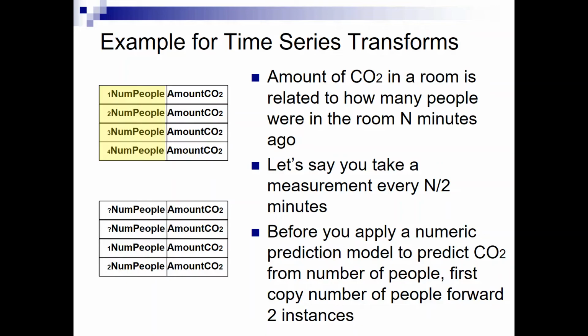So in that case, what we have to do is take the data that's time-stamped. We need to shift the observation of number of people forward in time so that the observation of number of people aligns with the sensor readings that are relevant for that number of people.